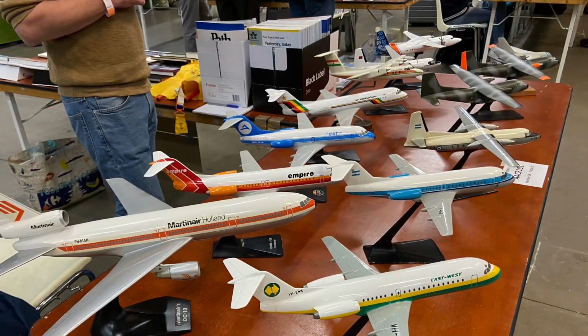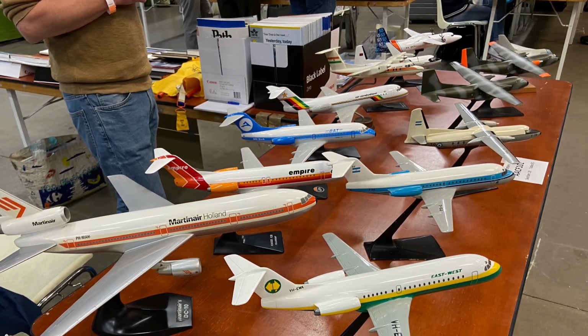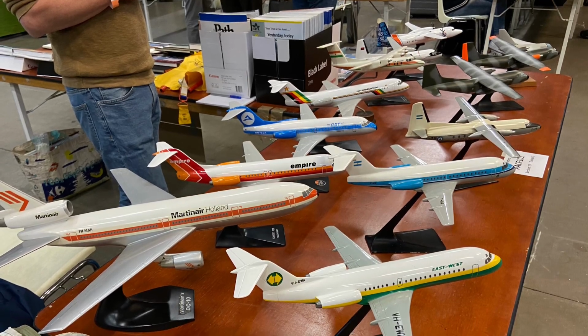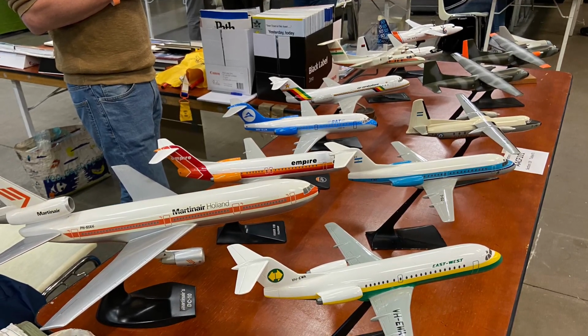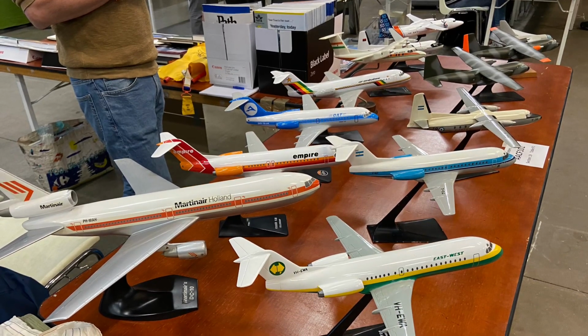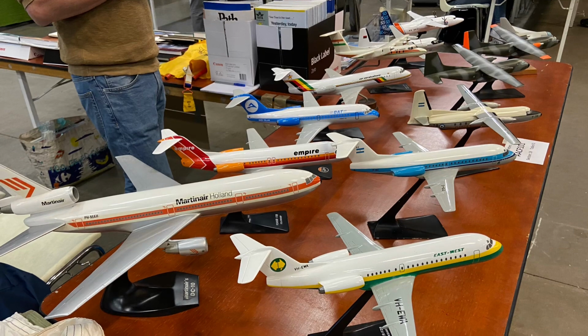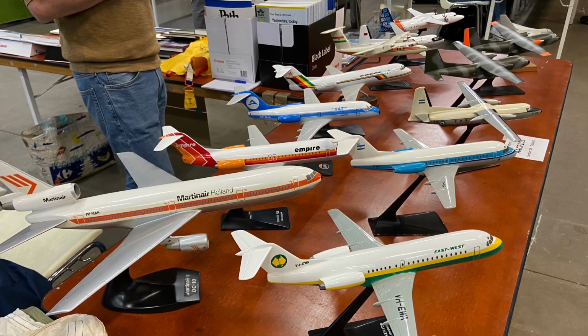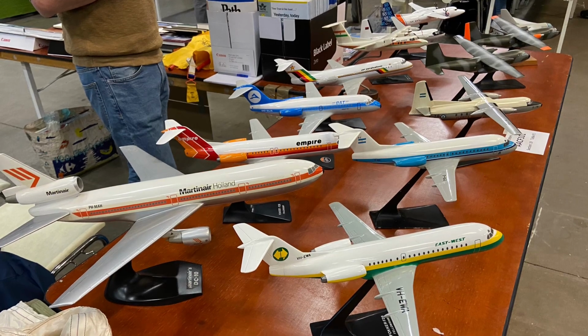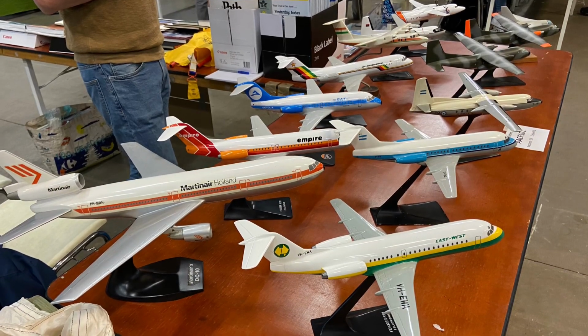And now we move to the beautiful models and table of Guido Potters. Guido collected display models and then decided to give up his collection, so he brought most of them to the show that you can see here. I did purchase a number of models, about half a dozen models from Guido. I really liked his stuff, actually. And I'd say the vast majority of these models ended up getting sold at the show, so congratulations,